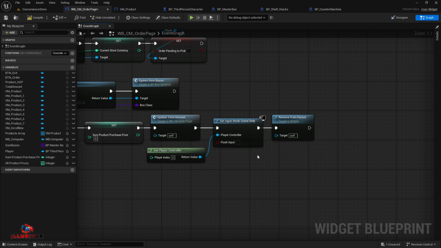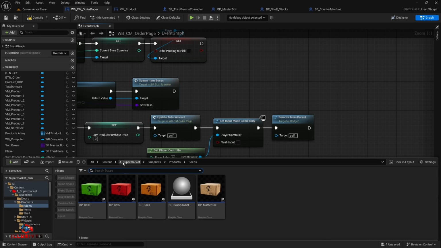We just want to close the order page, because until we pick, we can't pick again, right? That's why we are closing this order page, so that the user knows that our order has been placed. Now if you want, you can add, in your widget, let me show,